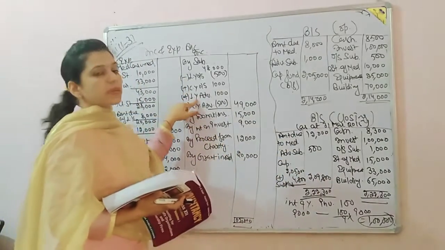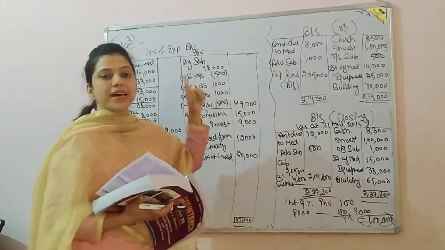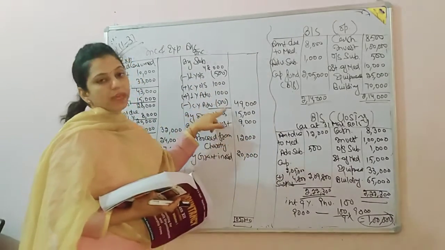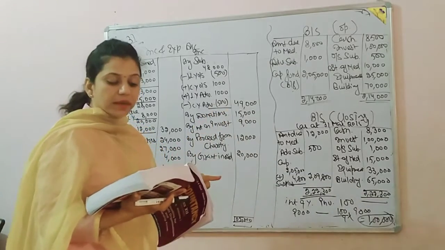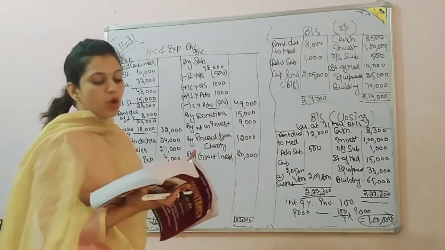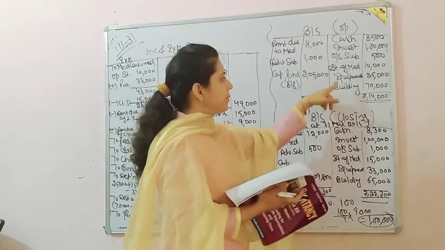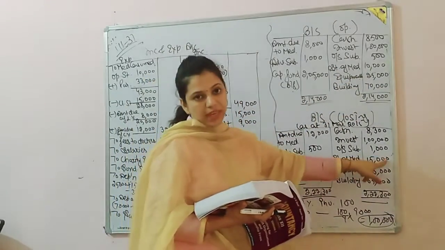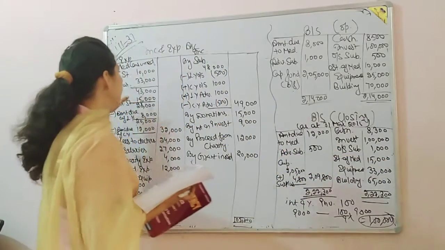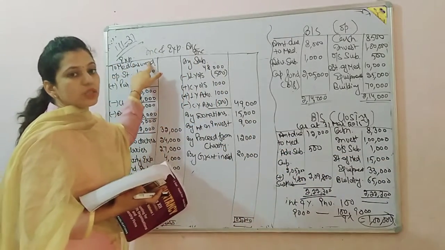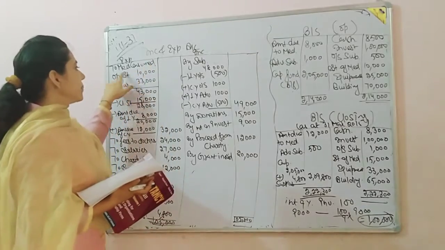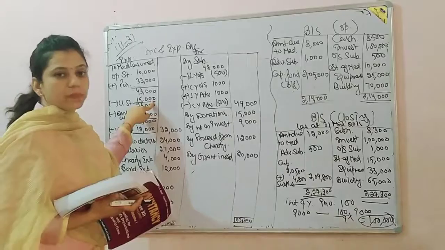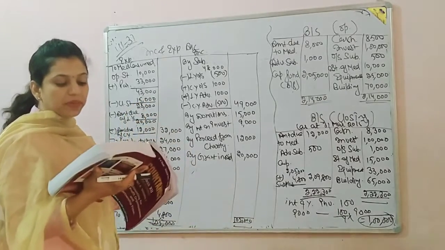Last year advance subscription should be added because last year advance means related to current year, and current year advance should be less. Next, stock of medicine. Opening stock of medicine in opening balance sheet 10,000. Closing stock of medicine in closing balance sheet. Now in expenses side we will calculate the consumable goods. So opening stock 10,000 should be added and closing stock 15,000 should be less from payment.